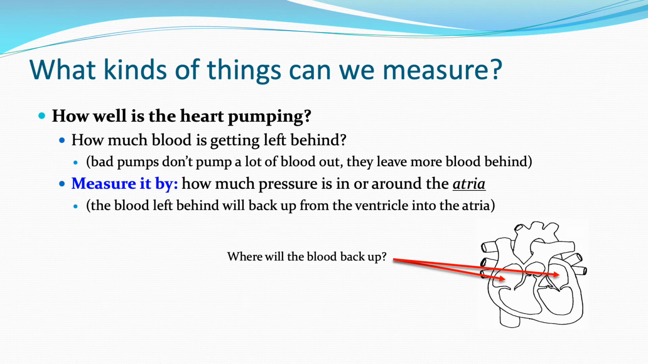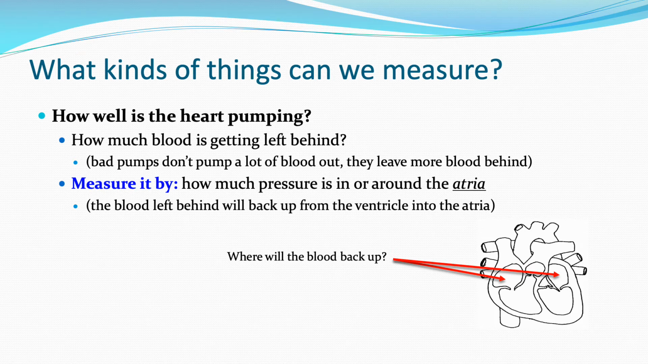So we could say that if there's a lot of blood left behind, that would create a lot of pressure. Lots of blood volume would translate to lots of pressure. Less blood volume would be less pressure. So my next question for you is, where would this blood back up? Well, just go backwards from where the blood was supposed to go. If you look at this picture of the heart, the blood is going to back up from the ventricles